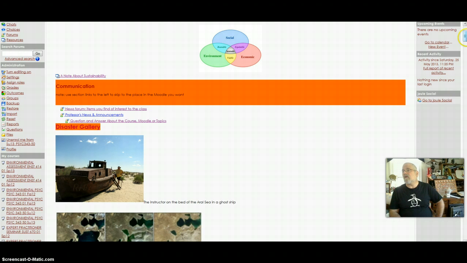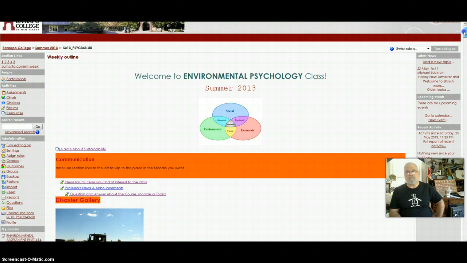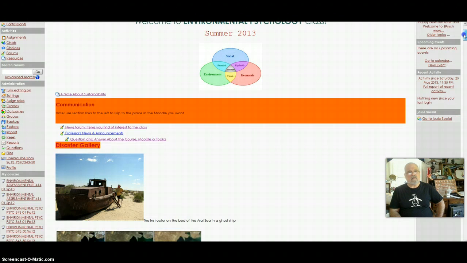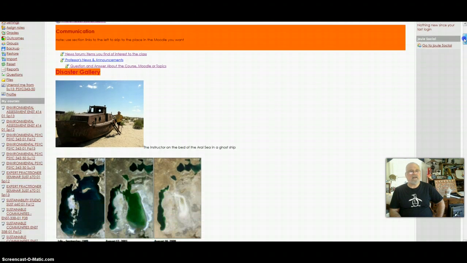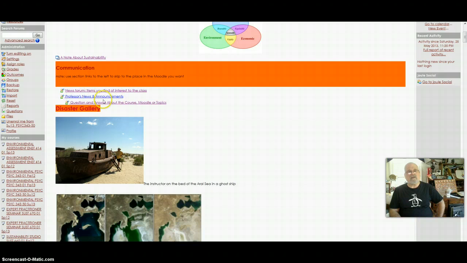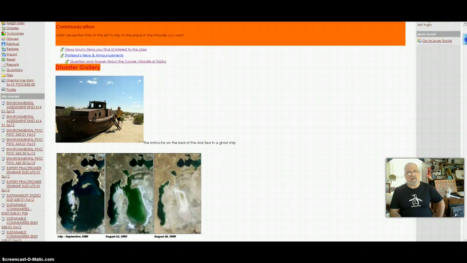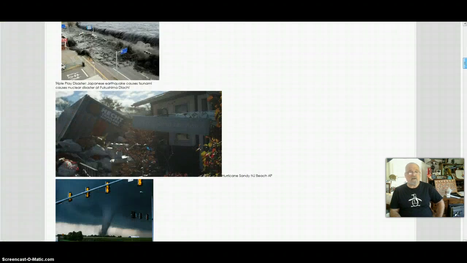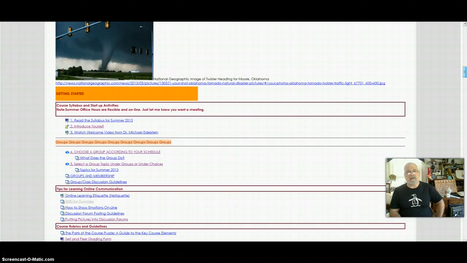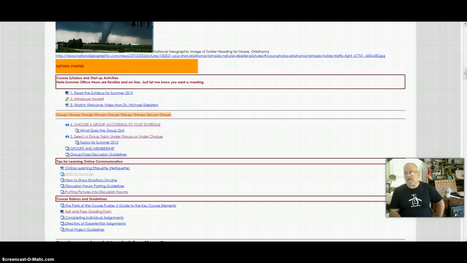So let's move on to the Moodle page itself. As we scroll down the Moodle page, we discover that I have some early stuff up front that has to go with ongoing communications, and you want to get at it quickly. I then put a picture gallery of disasters, because one of the things that we focus on late in the course are things that go wrong, because we're really going to look at in this course the structure of